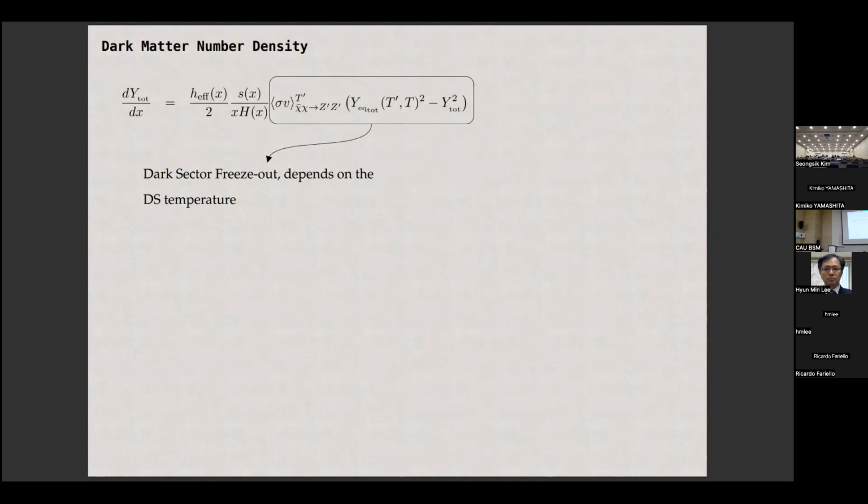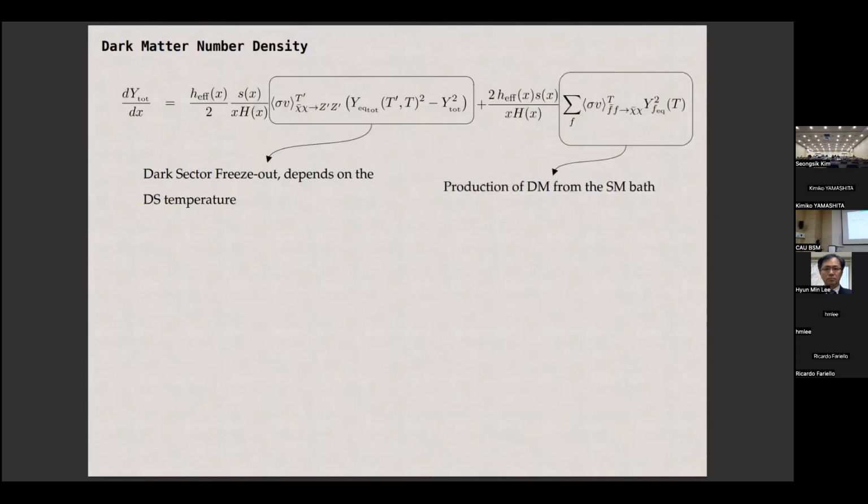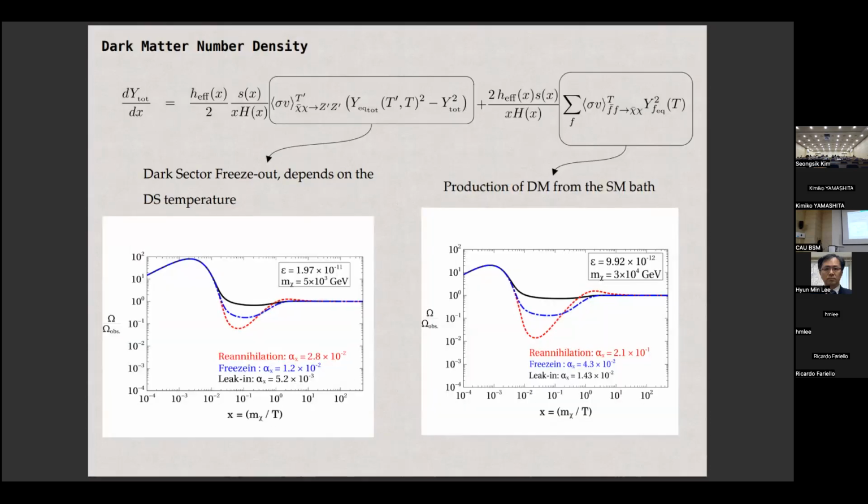And this term is basically the dark sector freeze out term, where the temperature evolution of the dark sector is encoded in this Y equilibrium function, which is basically the T prime. And there is another term which is basically the freeze-in term, where the standard model particles annihilate and produce the dark matter. So here is